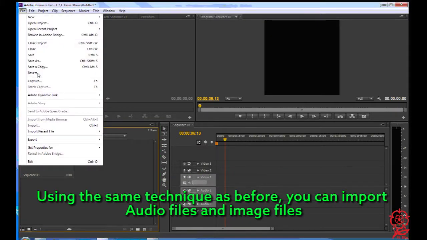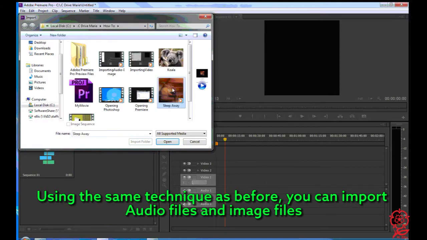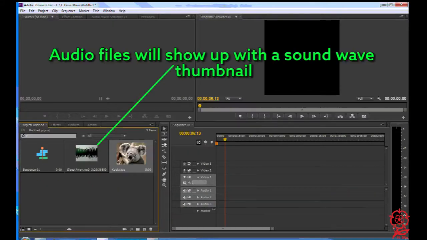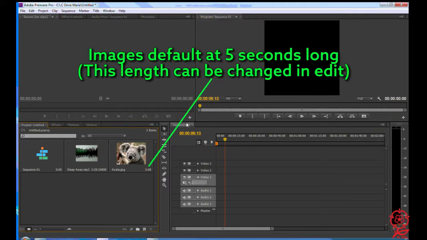Using the same technique as before, you can import audio files and image files. Audio files will show up with a sound wave thumbnail. Images default at 5 seconds long. This length can be changed in Edit,